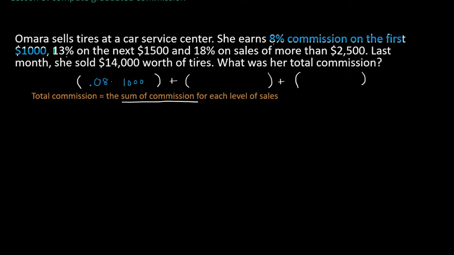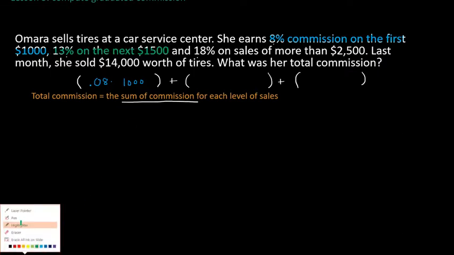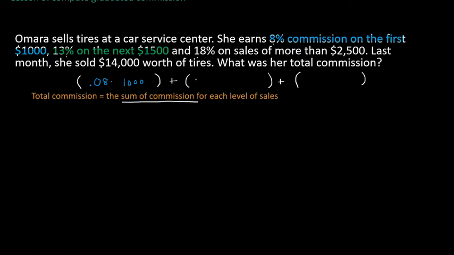It says that she earned 13% commission on the next $1,500 in sales. So I'll stop right there and plug that in. 13% is 0.13 multiplied by 1,500. And finally,